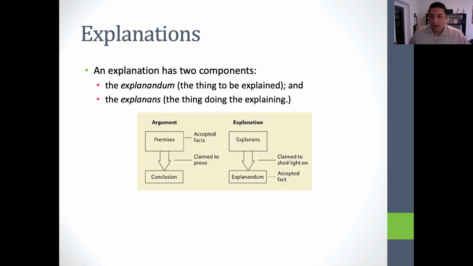So here's a diagram that might help out with this. In the first diagram, you have an argument. The premises are accepted facts. The conclusion is not an accepted fact; it's something that needs to be proved. So the premises, the accepted facts, go on to prove the conclusion. And in an explanation, on the other hand,